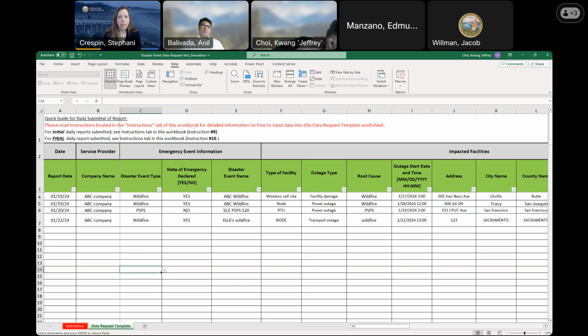Do you want the date of the initial submittal? Yes, but 10 times. In order to merge all the data, every row should have the date. And that date in column A for each row should be updated every day that the report is submitted.